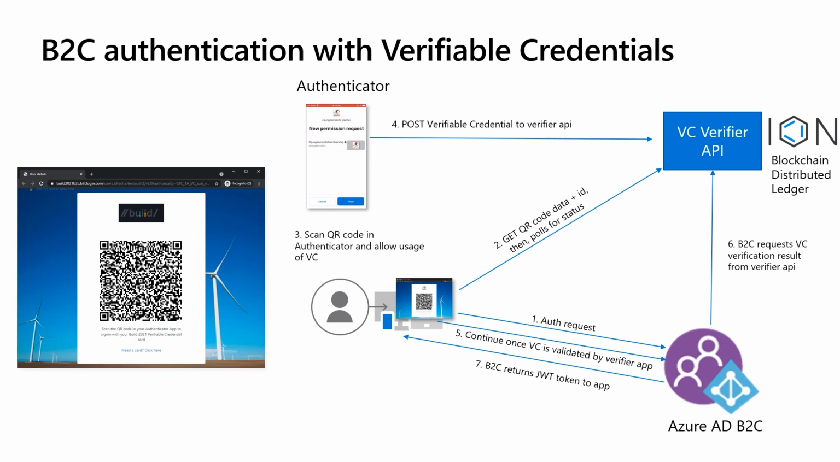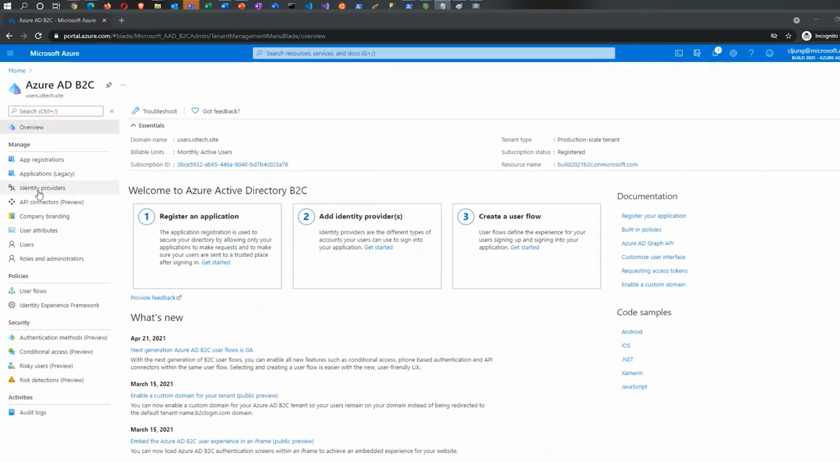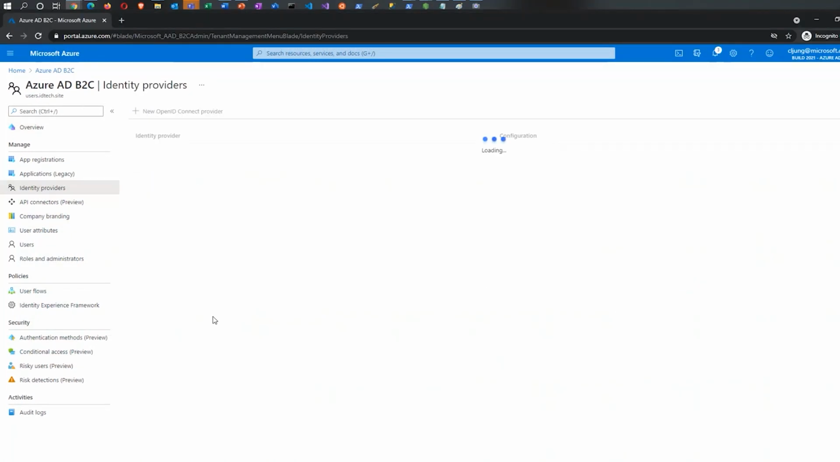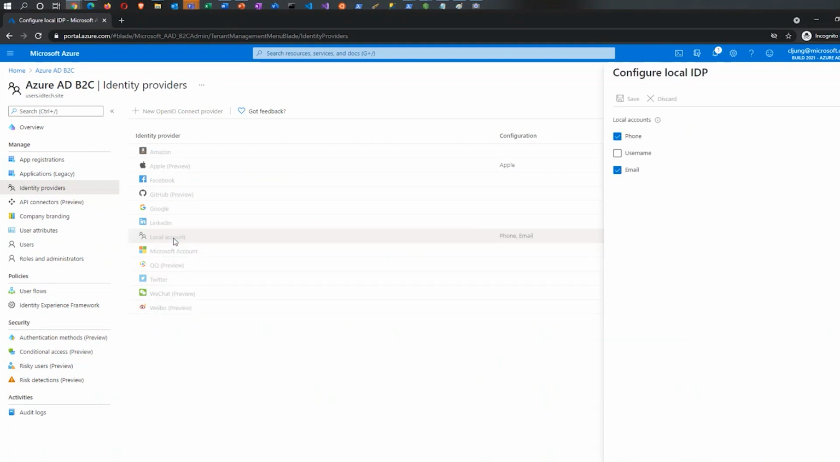So now it's time for demonstrations of this. Phone sign-in. So what you need to do first is find your identity provider for local accounts and enable phone sign-in, because if you don't, it will not be available. So find your local account identity provider, make sure to check the checkbox for phone and click save so you